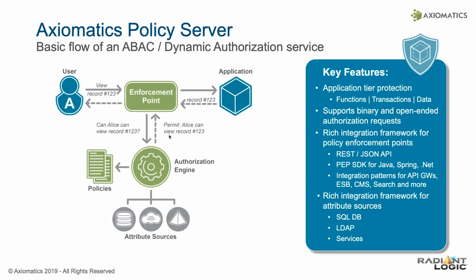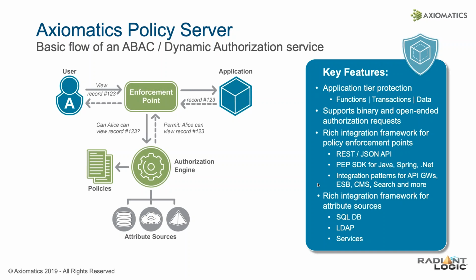And from a high-level perspective, here's a diagram of the basic flow of an ABAC system. This is the Axiomatics Policy Server. So you have some user or system component trying to access some data within an application, in this case, viewing record 1, 2, 3. And within that flow, you have the enforcement point that takes that flow and constructs an authorization request, sends it to the backend Axiomatics engine, and this is where you've defined your policies and rules for access. They're loaded into memory, and then at the bottom, this is what Wade will focus his attention on,